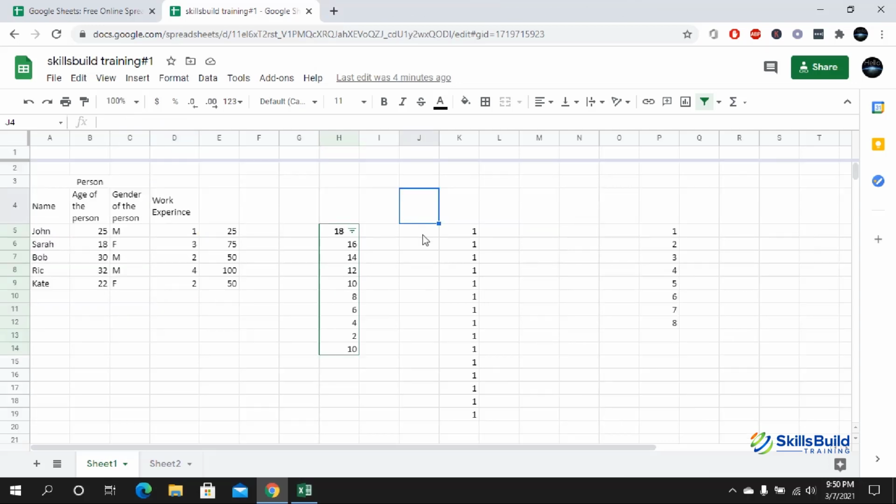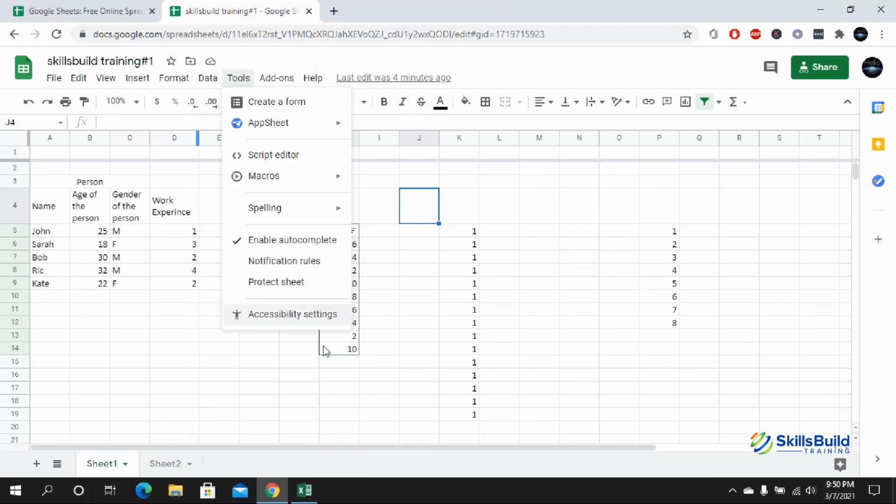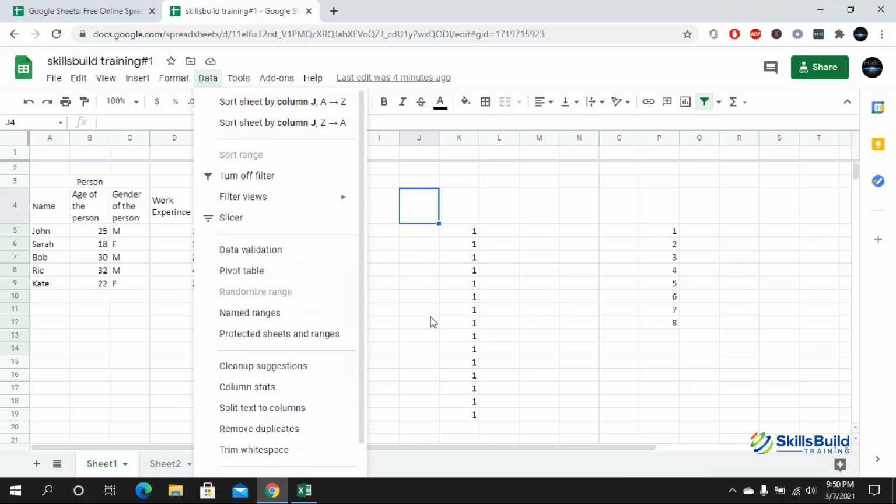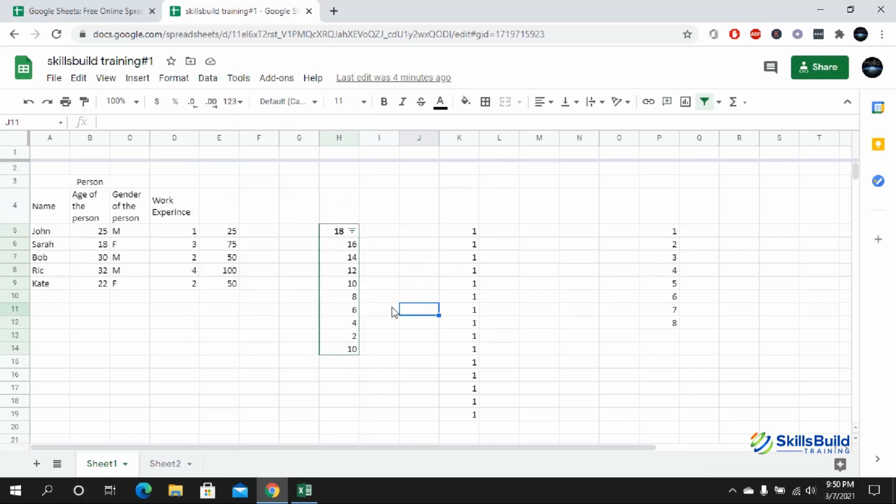Okay, so till now I have shown you how you can filter and sort the data from the menu bar, by clicking on Data and then selecting the respective option. Now I'm going to show you how you can sort and filter the data with the help of functions. So we have a sorting function. Let's say that if I want to sort this column, the ages of the person, then I can do so. All I have to do is select a cell where I want to sort,